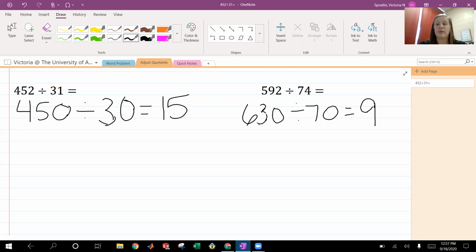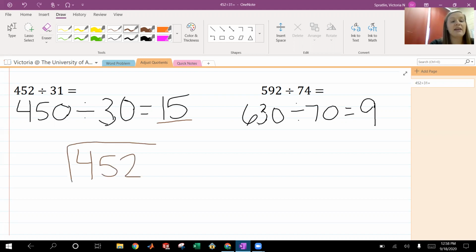So if we look at our first problem, the actual problem is 452 divided by 31. And they have already given us the estimate of 450 divided by 30 equals 15. So that was their estimate for the answer, okay? We are going to find the actual quotient to our division problem and see if their estimate of 15 was too high or too low. So let's see. If we set up our division problem,